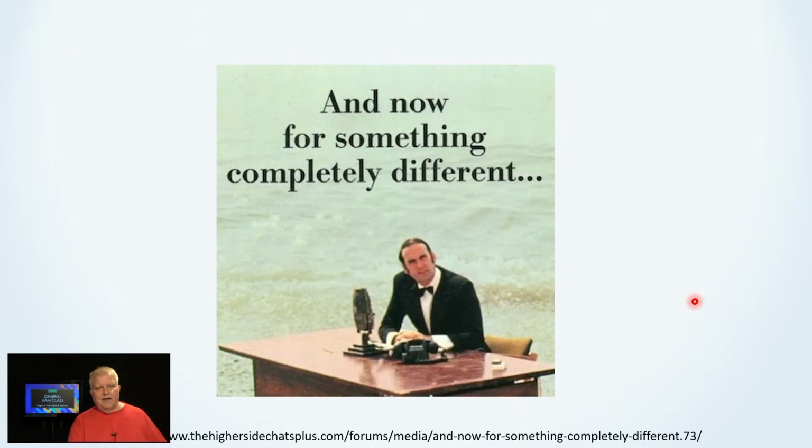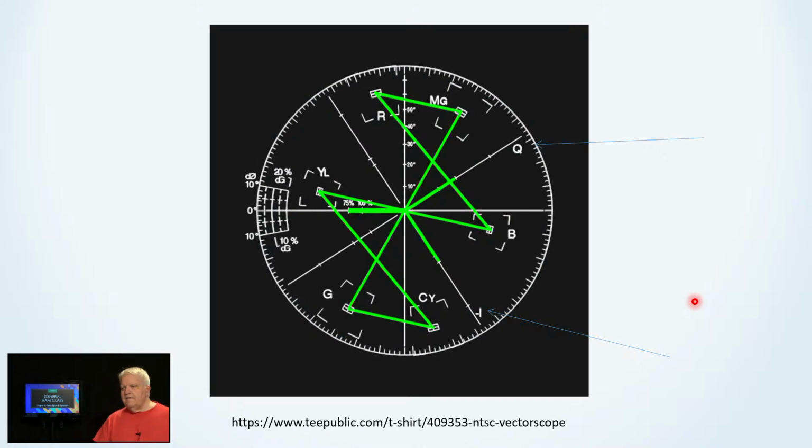Moving on, something completely different. Anybody know what this is? I spent a lot of time looking at one of these. This is for the old NTSC, the analog television system. This is a vector scope that is looking at a color bar signal, and here's the phase reference line, and here's red, here's magenta, here's blue, here's cyan, here's green, and here's yellow. So all of the colors represented by the color bars, and you want to make sure that they appeared within the box. Well, the reason I'm pointing this out is that this was an analog use of I,